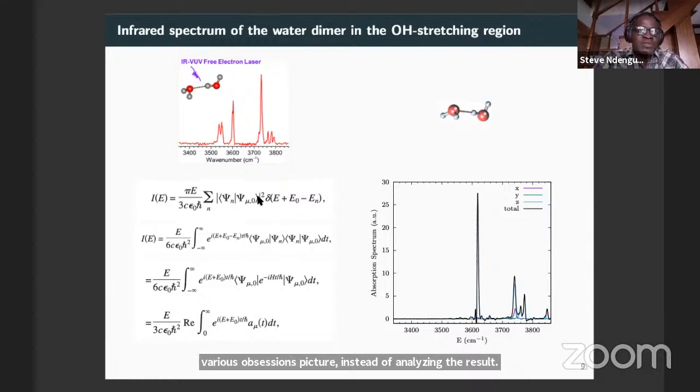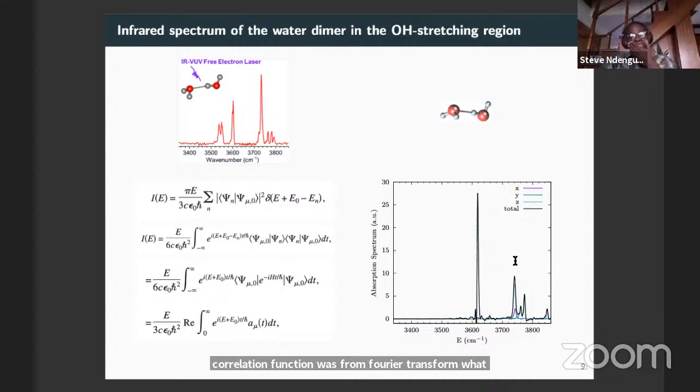The first thing we have to do is to prepare an initial wave function, which is usually the ground wave function of our system. We apply the dipole moment to be able to get the proper intensity. And then you propagate your wave packet on the potential energy surface. After some time, you can record the autocorrelation function, whose Fourier transform will give you the spectrum, like you can